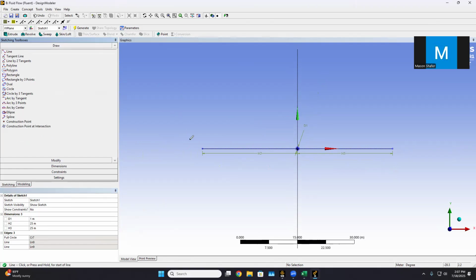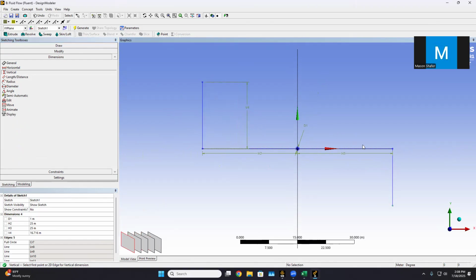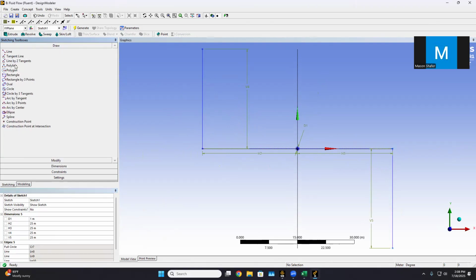and then draw another line up, another line down. Again, set the dimensions. Again, 25, 25. And now we'll draw our square around it. So just like this